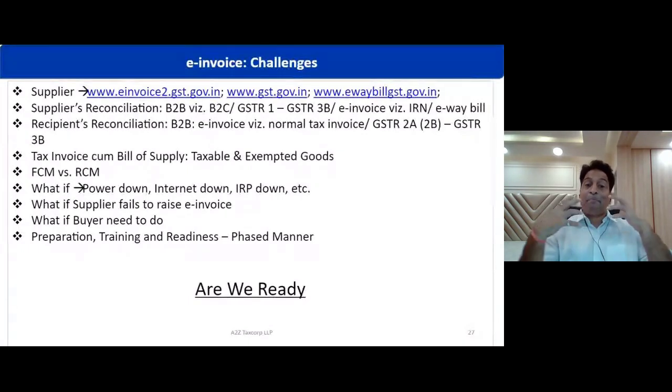Now, from the preparedness, training and readiness perspective, the supplier has to really make sure their own ERP accounting and billing software is ready with the schema for generation of a unified invoice, having all standard particulars converted into a JSON file, uploaded on IRP. IRP, after validating, returns it with the IRN number digitally signed with QR code. And then the supplier sends these invoices to the buyer, either in JSON, PDF, printed, or email.